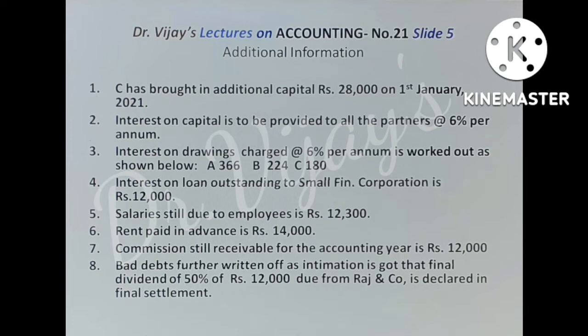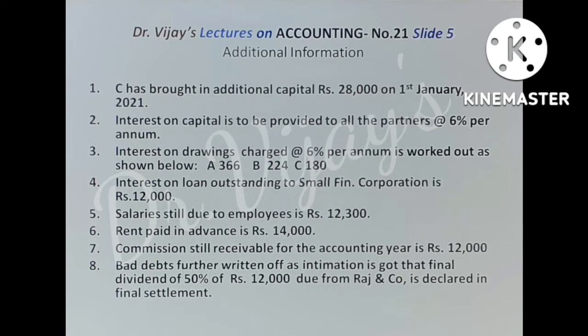12,000 rupees is due from Rajan Company. Out of that, Rajan Company has become insolvent and a 50% dividend is finally declared. So out of this 12,000, 6,000 has become bad debt. While showing bad debts on the profit and loss account debit side, along with whatever is given in the trial balance, this 6,000 should